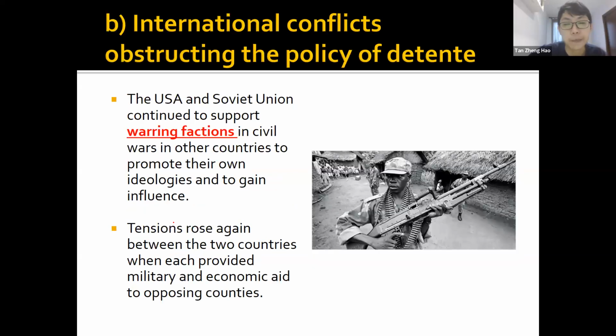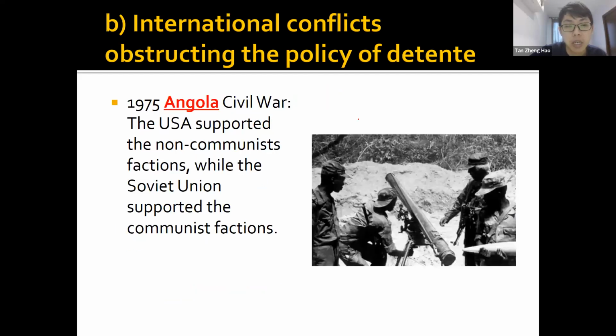Okay, and at the same time, the USA and USSR continue to take part in a lot of proxy wars. So we learned that there was the Korean proxy war, the Vietnam proxy war. So the US and USSR continue to be part of all these proxy wars overseas. And when you have proxy wars, although you're not fighting each other directly, there is fighting and the relationship will definitely be cut. Okay, so some of the examples like the Angola Civil War, you just need to remember this name, you don't need to know what happened. Same thing with